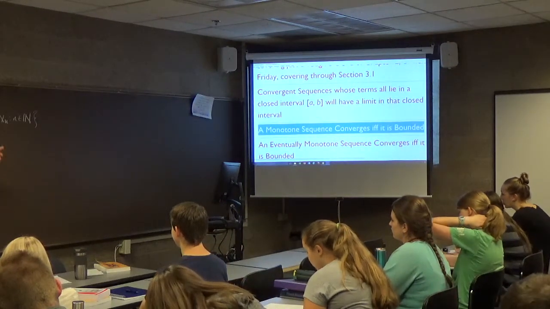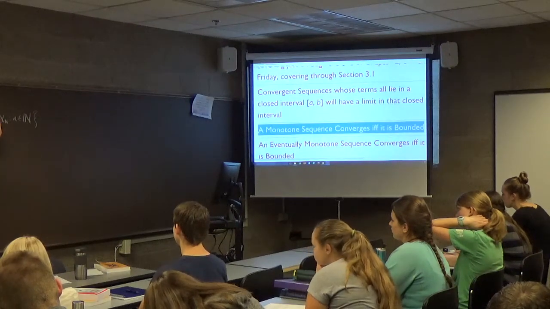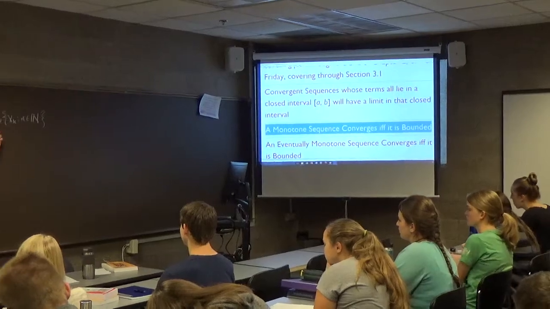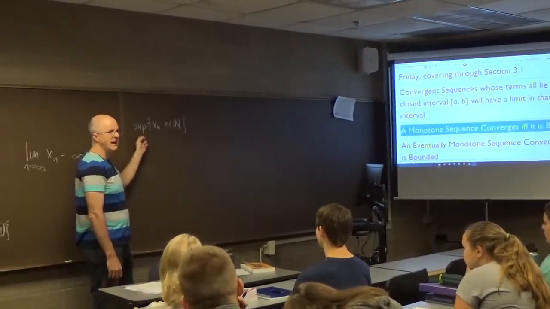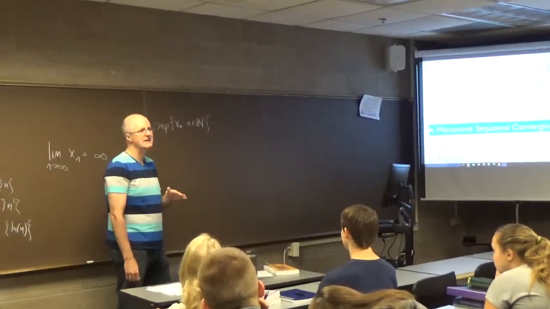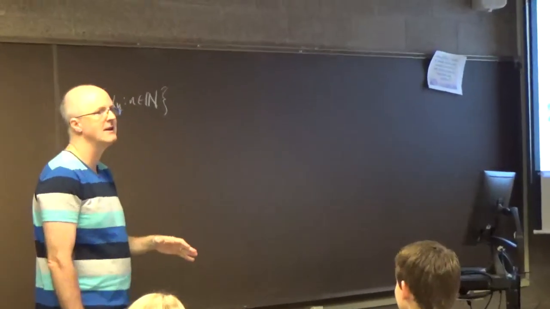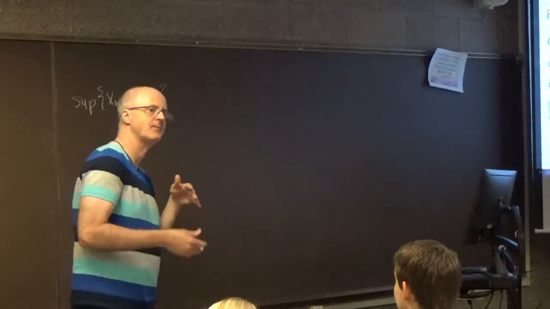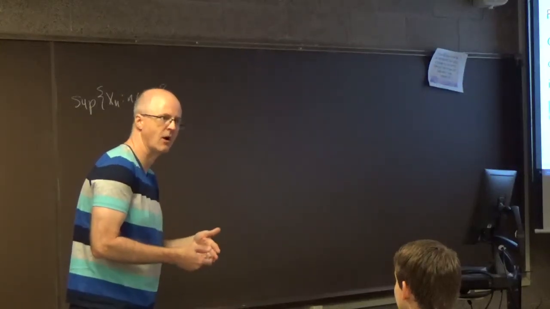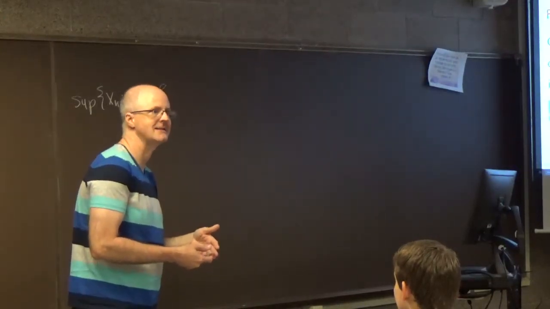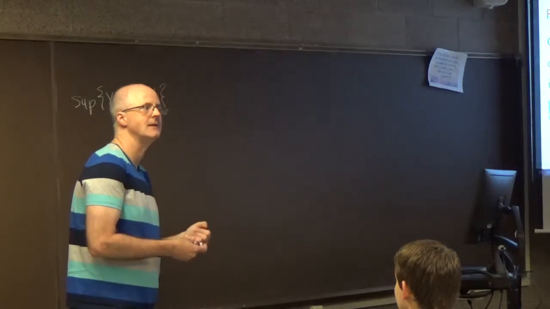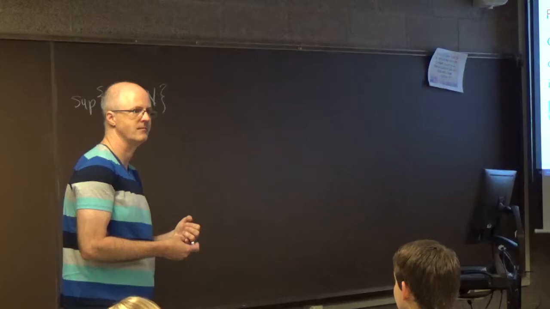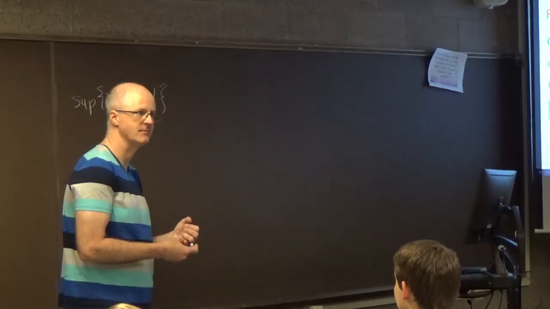Since the sequence is bounded above, the set of outputs is also bounded above as a set, so it will have a sup. And even though the completeness axiom is stated in terms of sups, if I had you prove that monotone decreasing sequences converge if and only if they are bounded below, you could take it as an axiom that when you have a set that's bounded below, the inf will exist.